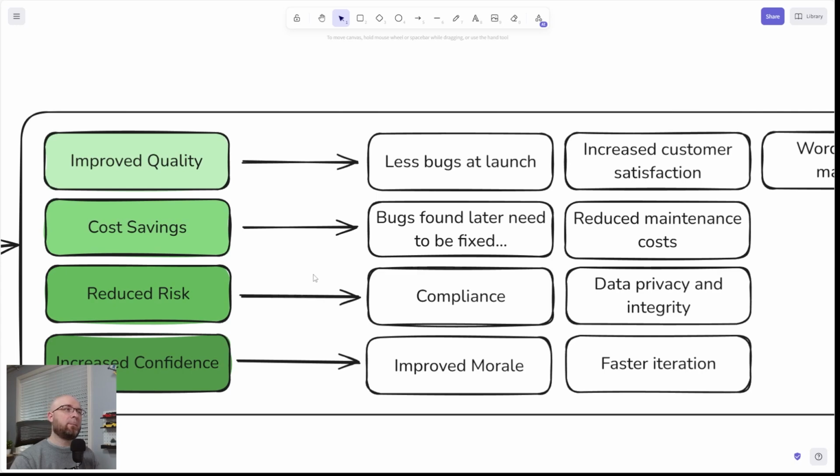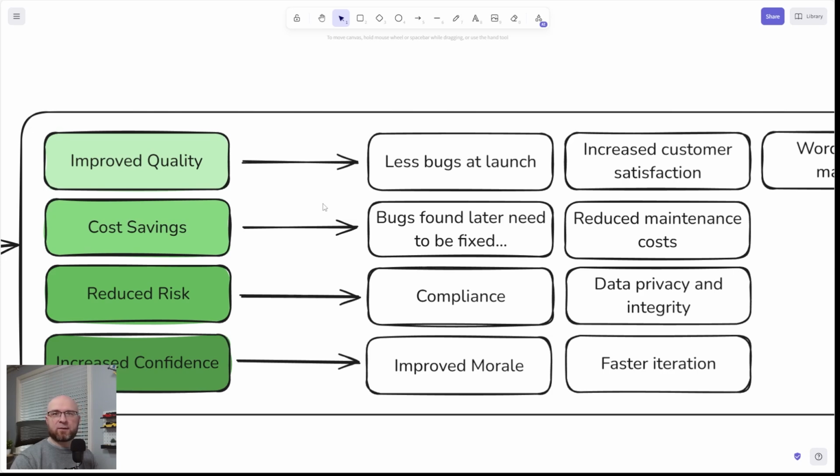First of all, tests will improve the quality of your software. You will have fewer bugs at launch, which will then translate into increased customer satisfaction. I mean, customers are not going to be like, wow, there are so many bugs. Sometimes you'll get a game that comes out and you can walk through walls and fall through the floor.